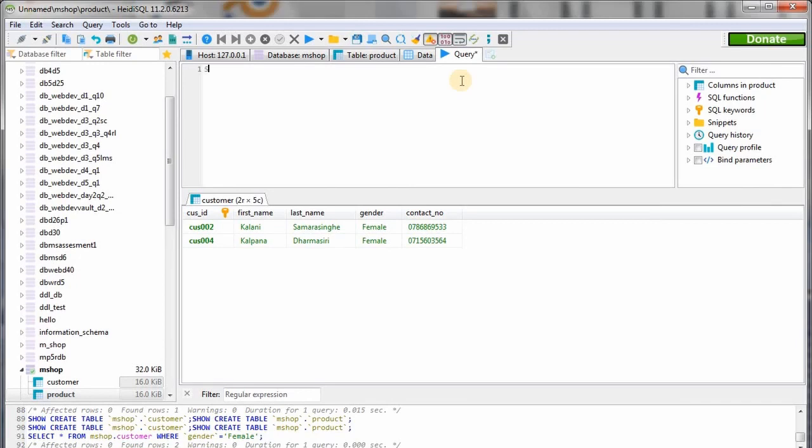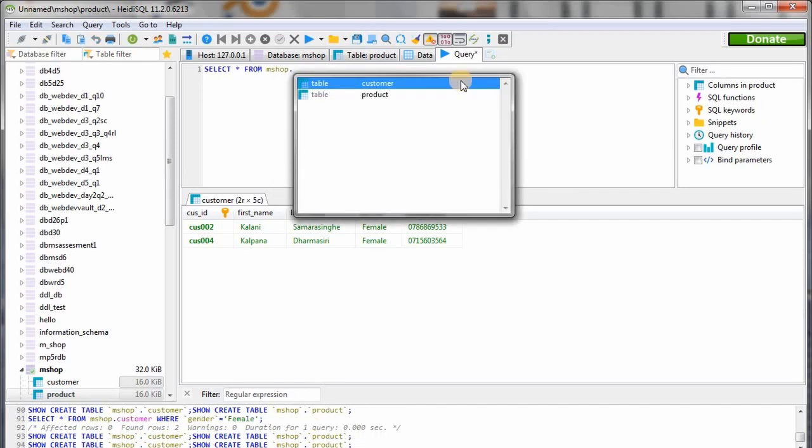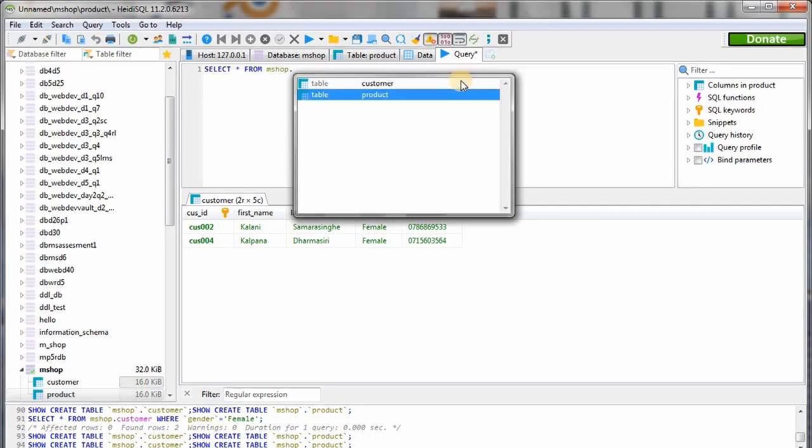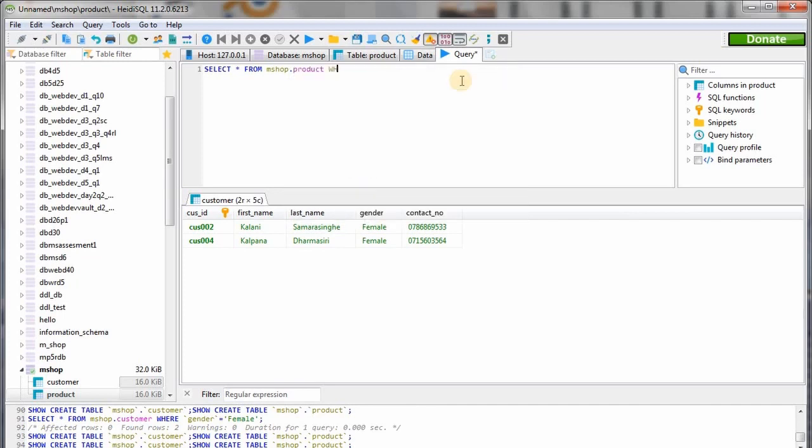I'm going to use the select query again. Select. We need every detail, so I'm using the asterisk mark. Select asterisk from. Here's the database name mshop, and here's the table. We need data inside the table called product, and here's the condition where,